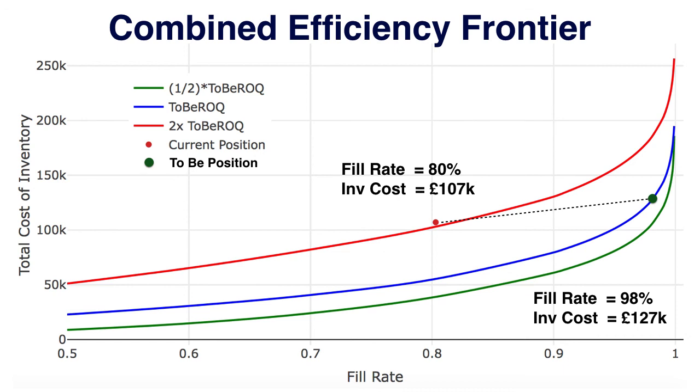So the point that I'm trying to illustrate in this lesson as we end this is that we need to have something like this, an efficiency frontier, which will help us decide at which point we are going to operate, and then work out the numbers and decide what the ToBe ROQ and the ToBe ROP are, and implement that policy for every single SKU. And we might say, okay, do we need to follow ABC analysis? Maybe we have to. But the point is, with the computational